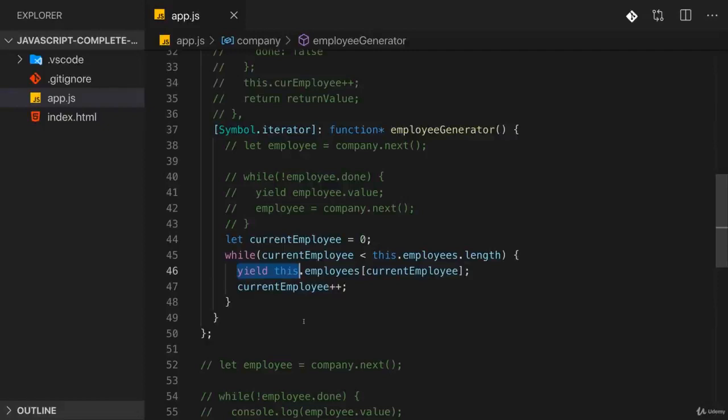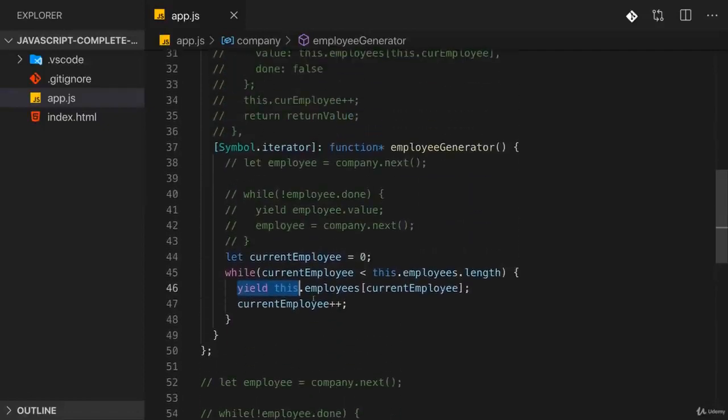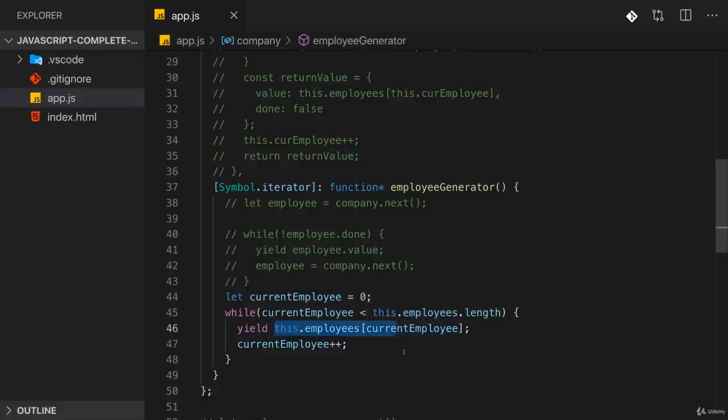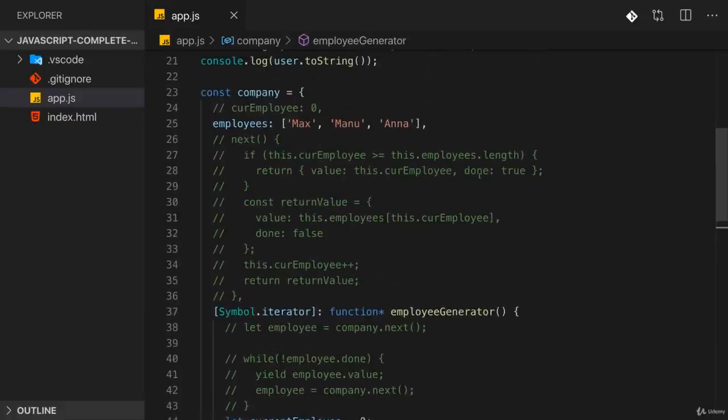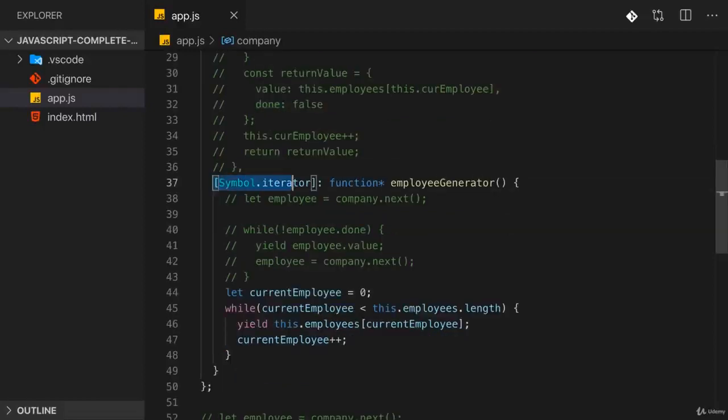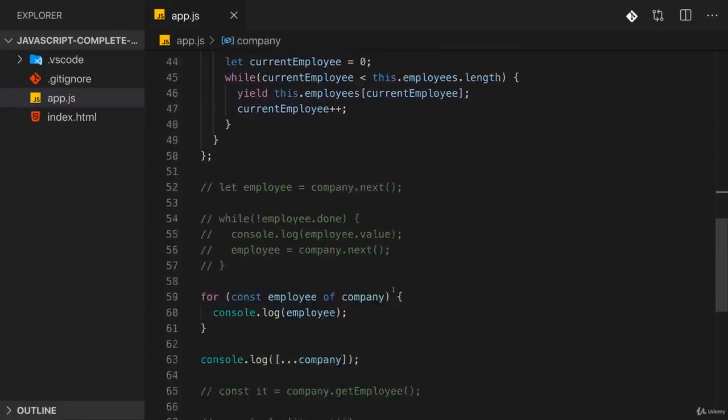And the generator function will create an object with such a next method, where the next method will automatically return an object with a value property with whatever you yielded here, or undefined if you're not yielding anything new anymore, and a done property, which is either true if it is done or false if there are more values that can be extracted. And it's this exact concept, this iterator symbol with such an iterator object, that is used